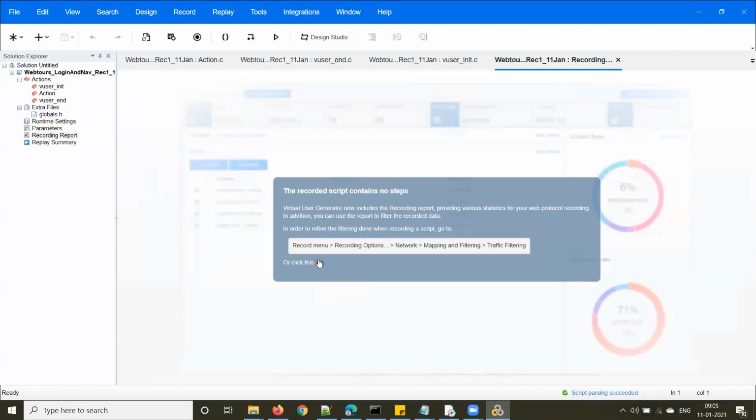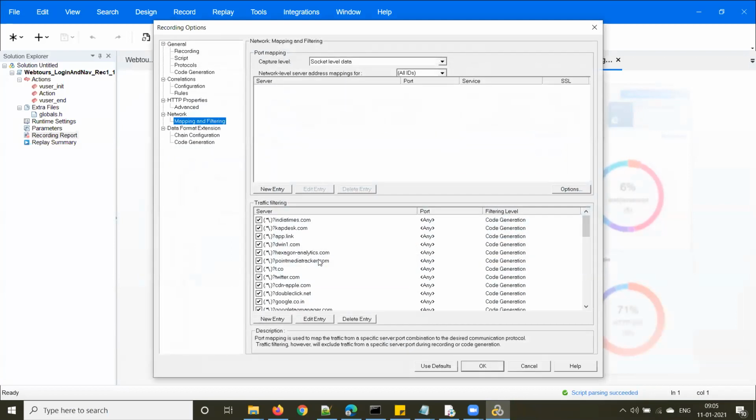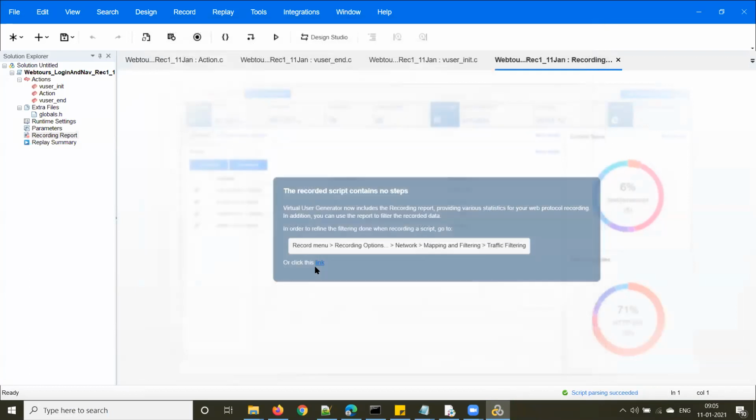Okay, so let me see why it did not record. This seems to be a browser issue.